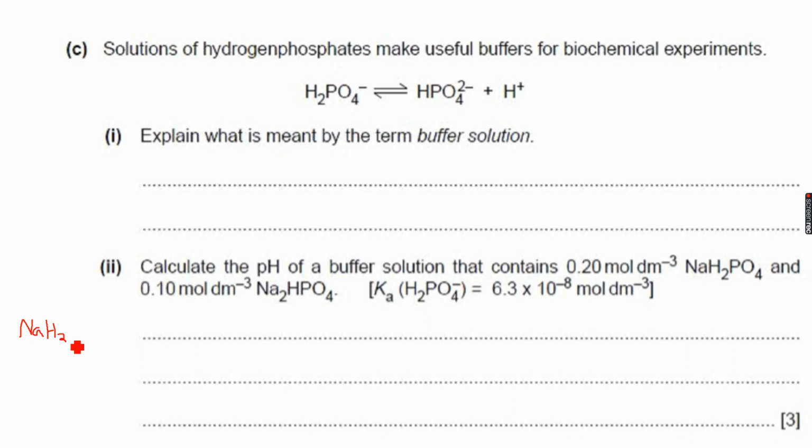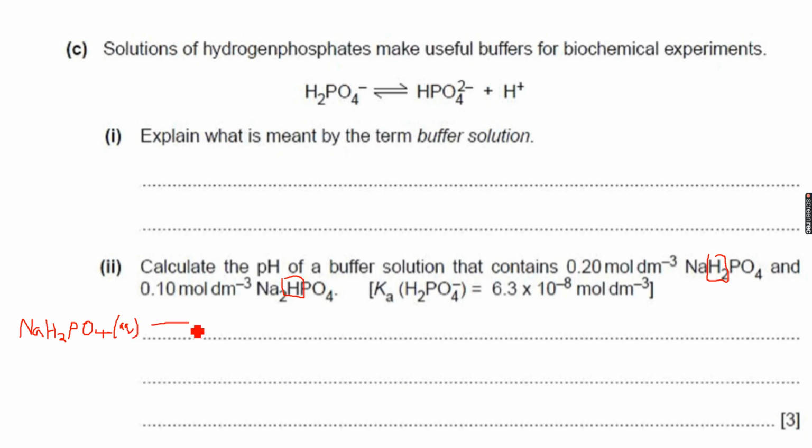If you first look at which one will be the acid, because the acid will be the one with more number of H plus ions, I can see that I have two hydrogens over here, and only one hydrogen over here. So I know that my weak acid in this case is NaH2PO4, which will dissociate to form,